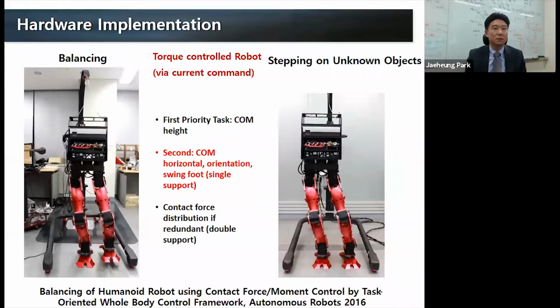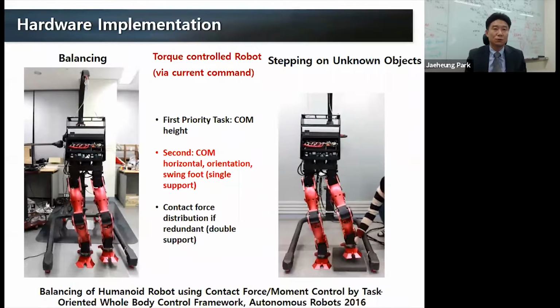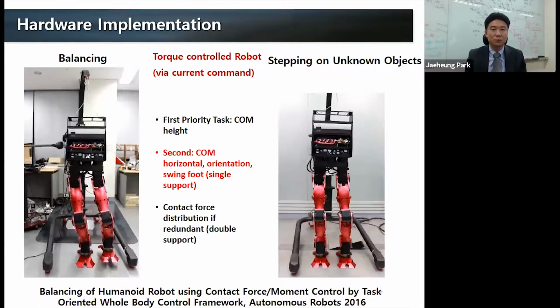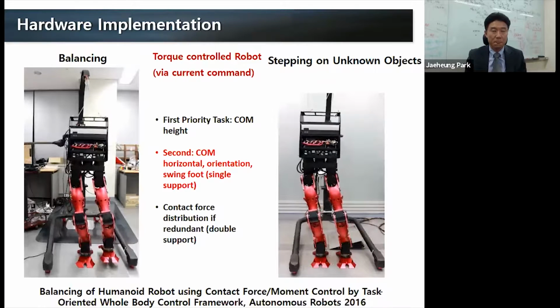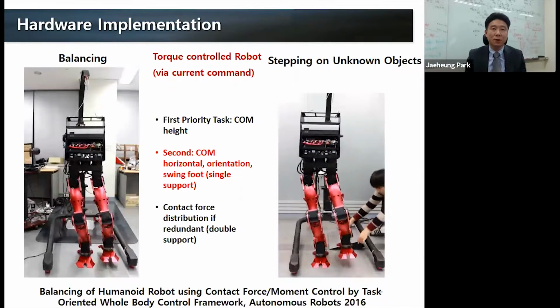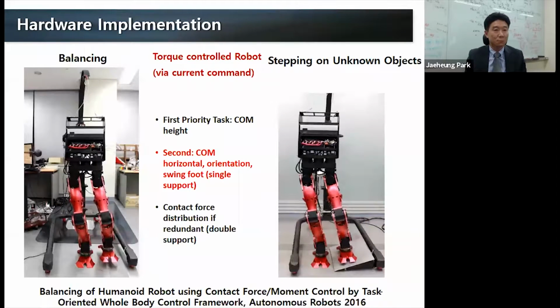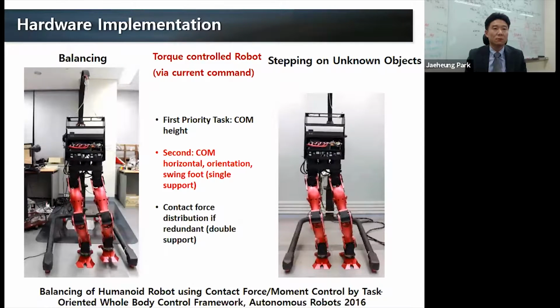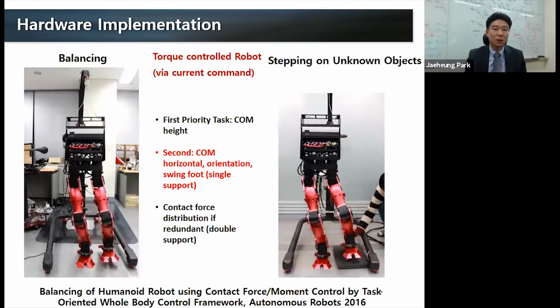And this was tested on actual hardware. So on the left, you can see that we are controlling COM height as the highest priority task. And as a secondary task, we are controlling COM horizontal motion, orientation, and swing foot. And when there's impact, the CMP condition is violated, that swing foot is moving not because of the impact force from the disturbance, but from the control force, because we are sacrificing the control of the swing foot to meet this